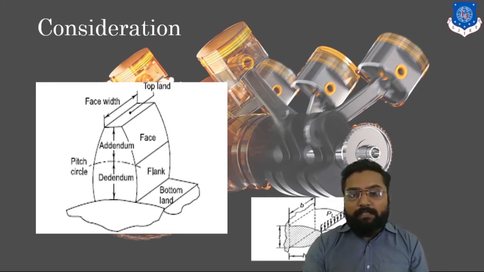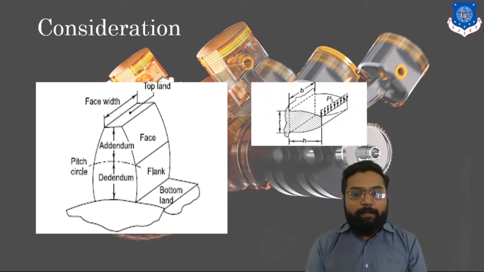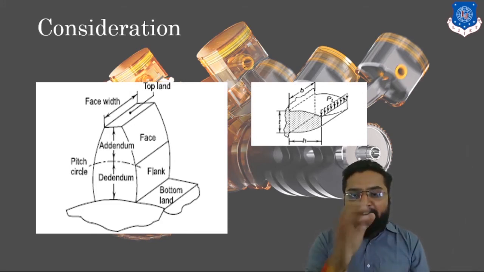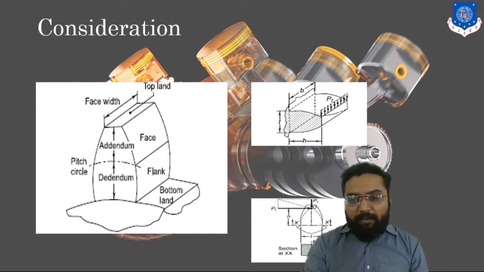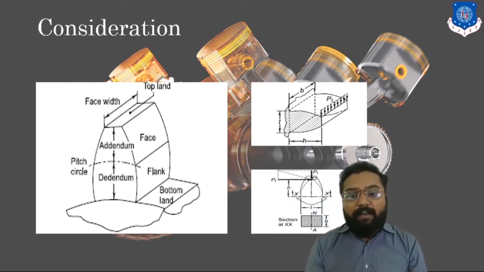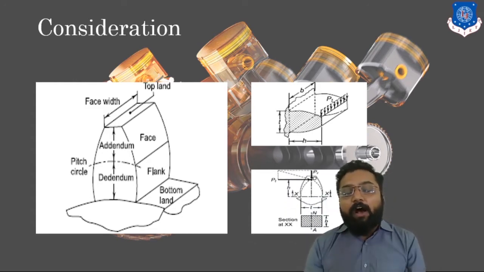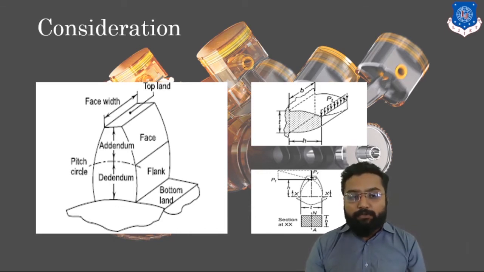One is to consider it as a cantilever beam. Here you can see our teeth is fixed at our gear bottom, and force is acting upon its one end. Here it has H height and B is its base. So in this consideration, we consider it as a cantilever beam, and then we will consider it under a static, or you can say compressive stress.